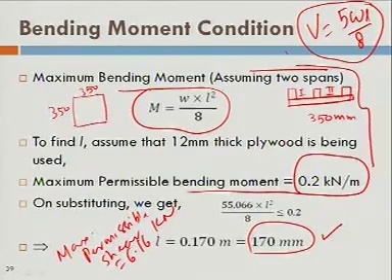So using V is equal to 5WL by 8 formula and 6.16 kilonewton as the maximum permissible shear, work out the span allowable based on shear.